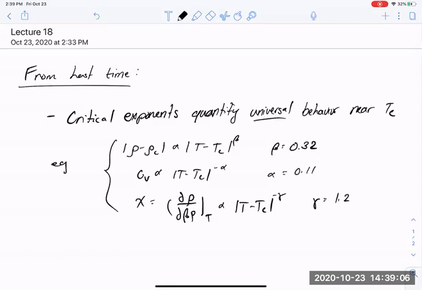Nevertheless, such a susceptibility in a simple magnet would go like a power law with that same gamma exponent. Now this empirical observation that was initially made, unifying this somewhat disparate set of phenomena,